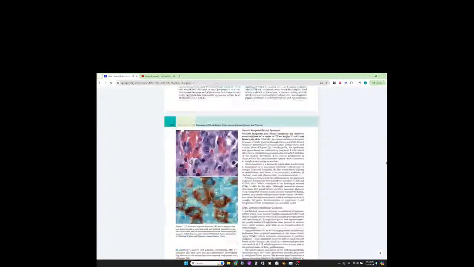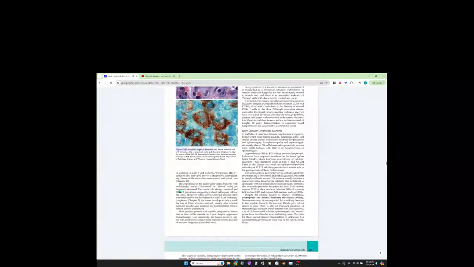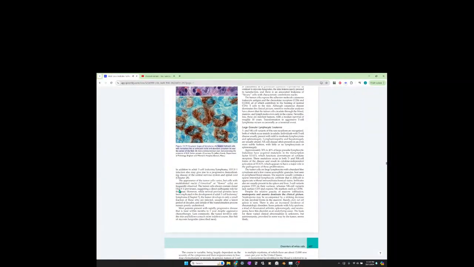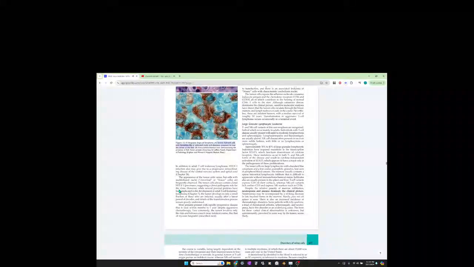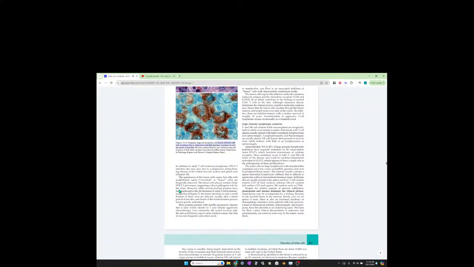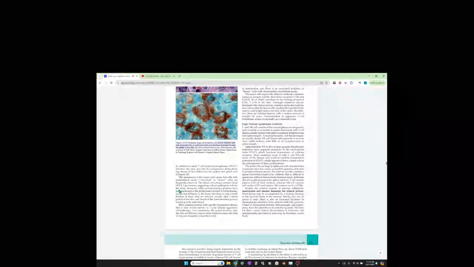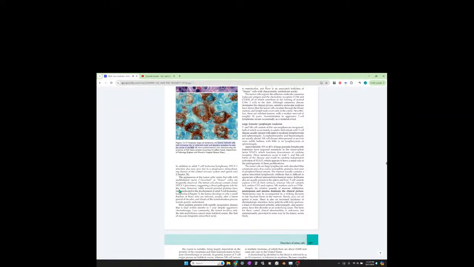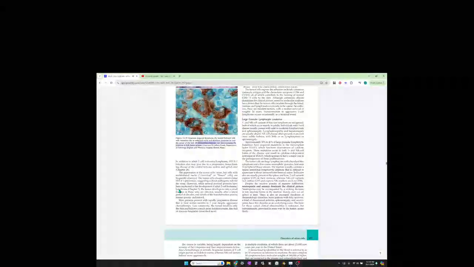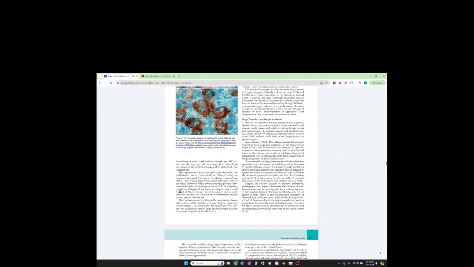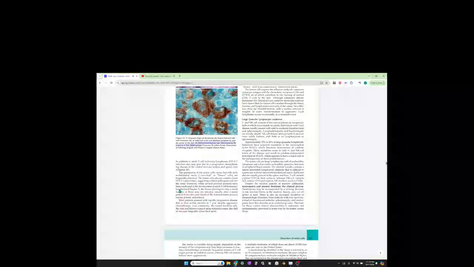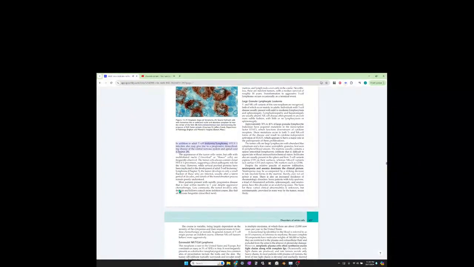Figure 13.1.9: Anaplastic large cell lymphoma. Several hallmark cells with horseshoe-like or embryoid nuclei and abundant cytoplasm lie near the center of the field. Immunohistochemical stain demonstrating the presence of ALK fusion protein. In addition to adult T-cell leukemia lymphoma,